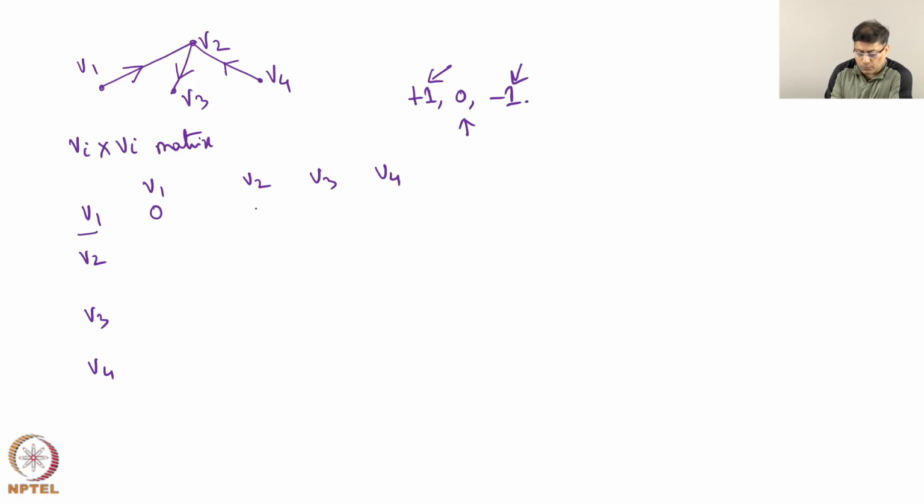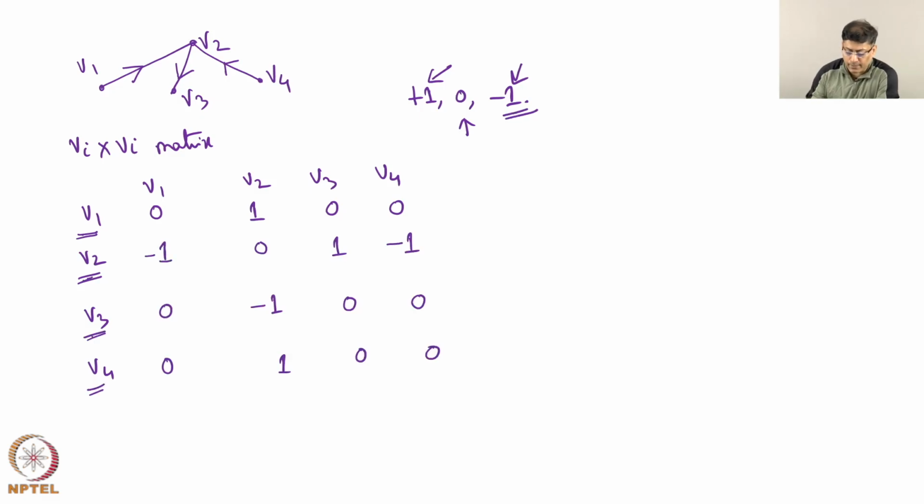V1 towards V2 is a flow, so it is +1, V1 towards V3 no flow, V1 towards V4 no flow. Now I take V2, V2 towards V1 there is no flow, but V1 to V2 was a flow, so I will put a -1. So what has happened, whenever I am writing V1, V2 etc. here, V1, V2 etc. here,